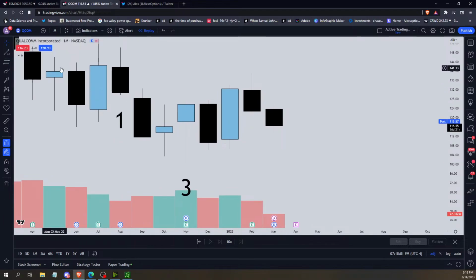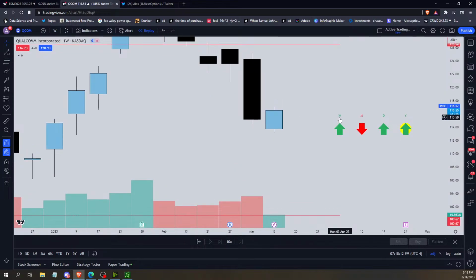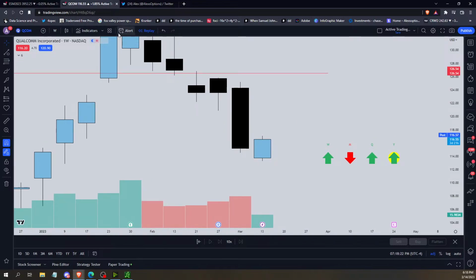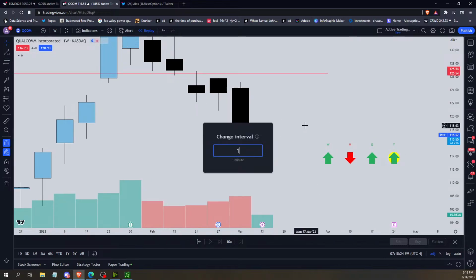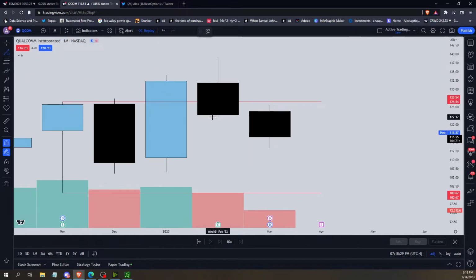If we just look at what we got here, we had the 3 up here. You can see it close below, monthly comes back in. So potentially the bottom of this 3 goes to the weekly basis. They're pulling back, so against monthly red continuity, although quarter, year, and week are green. So potentially, since everything else is green minus the month, this whole month might be just TTO, right? And if that's the case, then if they're going to TTO and come back through this range here, we need